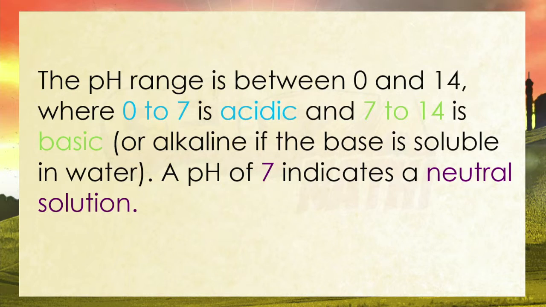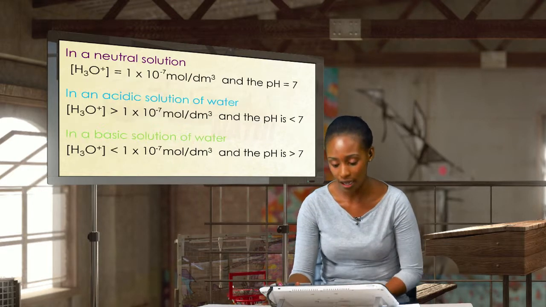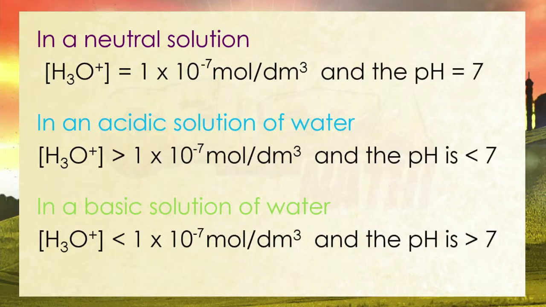Like we have said, if your pH is 0 to 7, then it's more acidic. And if it's between 7 to 14, it will then be more basic. And 7 means it is a neutral solution. So it's not acidic, not basic. So in this case, we have a neutral solution where if something is neutral, it will be